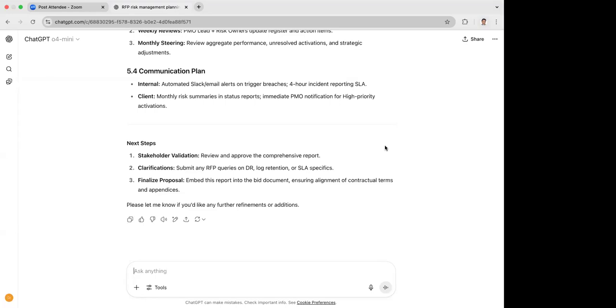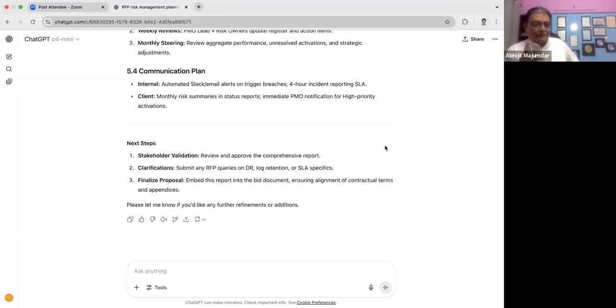Think where you can implement it within the entire pursuit life cycle. The assignment given to you is for that purpose, so that you can map between your tasks in the entire process and see where you can apply each different type of prompt. And there is no one single answer.